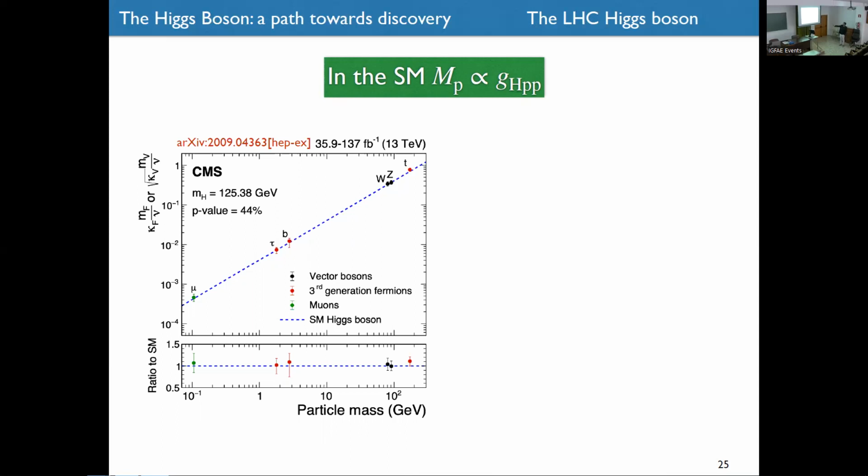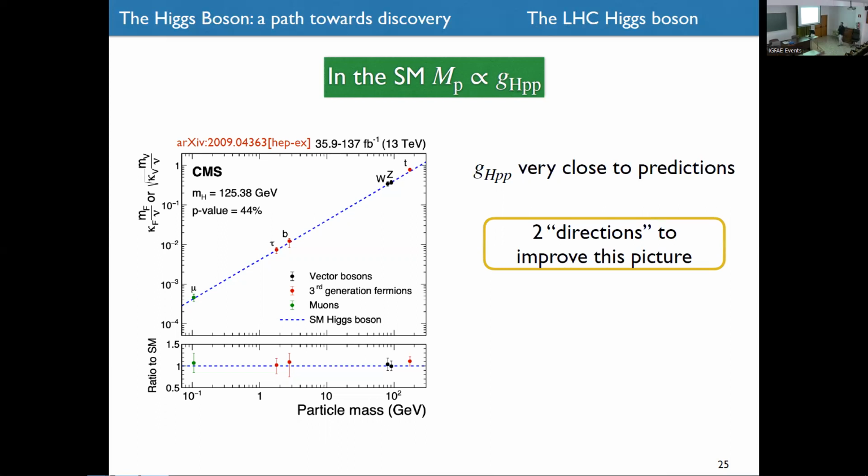So these are the results for the coupling, different couplings with respect to the mass of the particles for mu1, the 3rd generation fermion, and WZ. And you can see that, well, they are perfectly on this line that represents the standard model Higgs boson. So for now, we saw that they're very close to the prediction of the standard model. However, there's still some largish uncertainty, in particular for the mu1 here, for the bottom. This seems pretty good, but I mean, there's still some room.